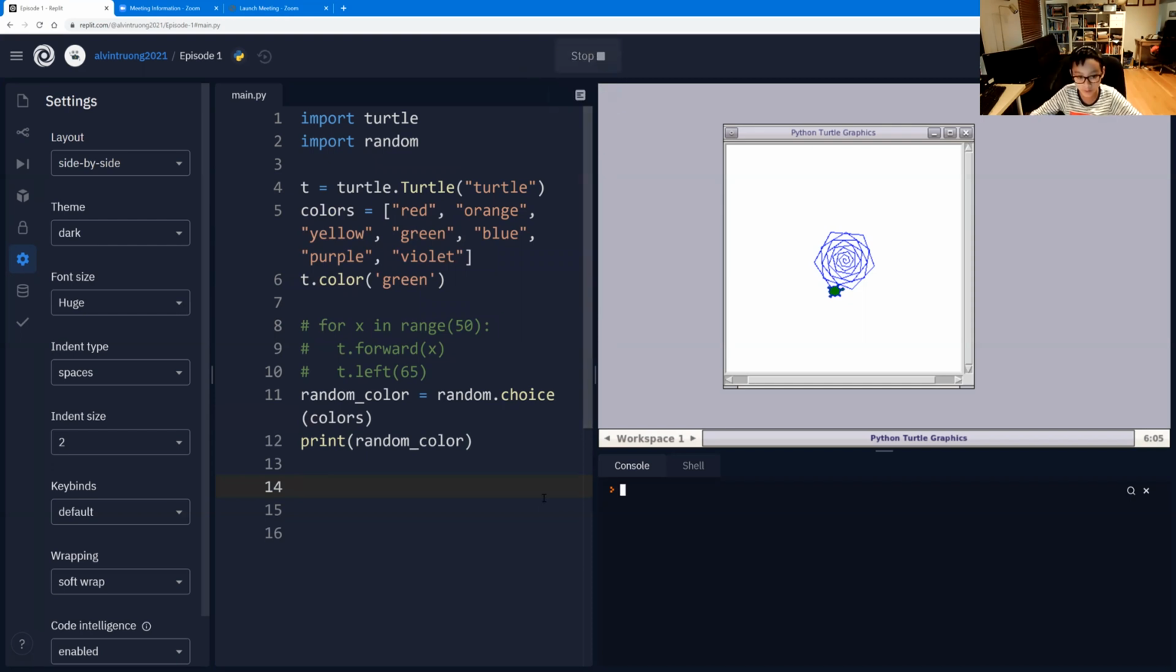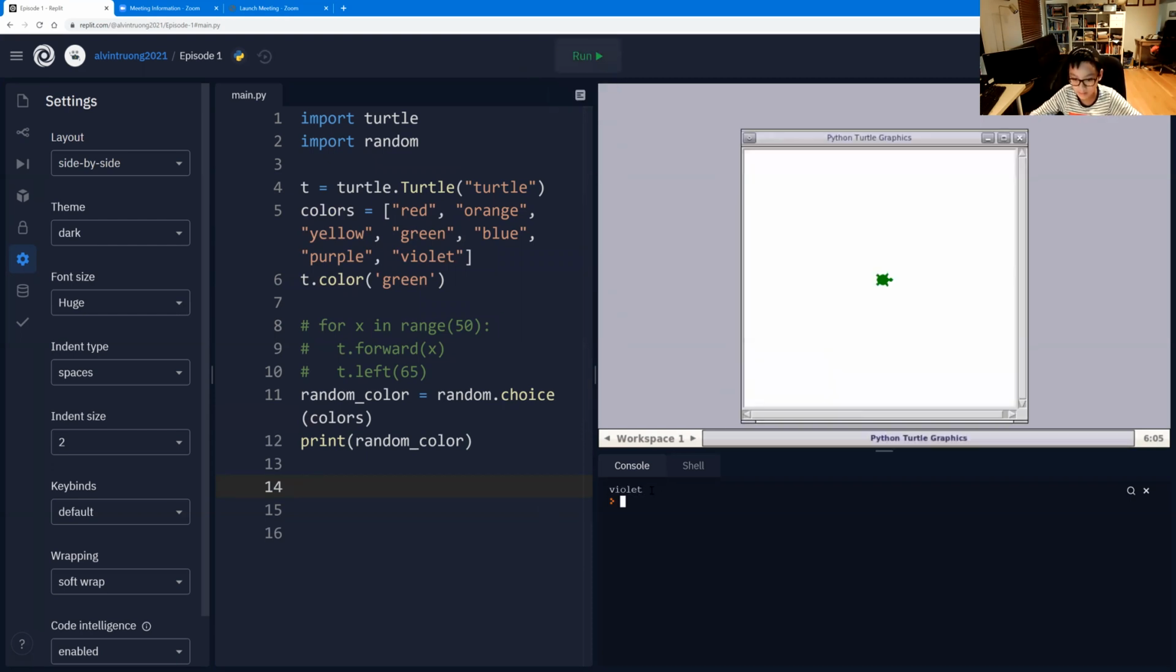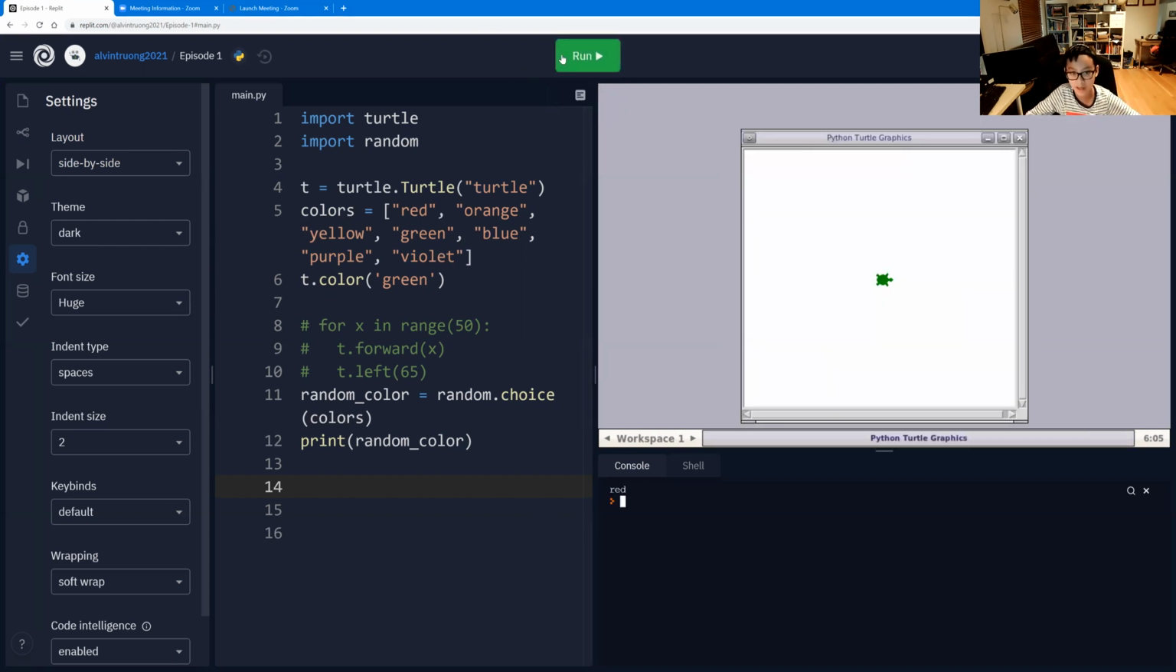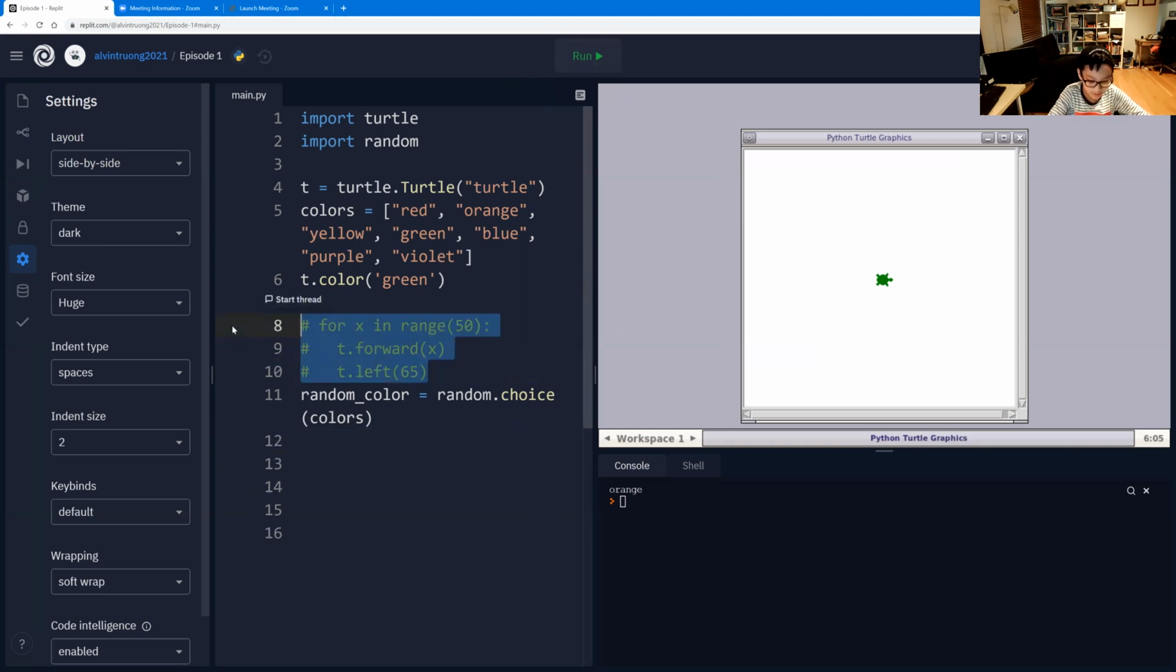and run this code, you can see in here, it is printing a random color. And if we run this again, red, and run it one more time, orange. Now we can get rid of this, uncomment all this out,